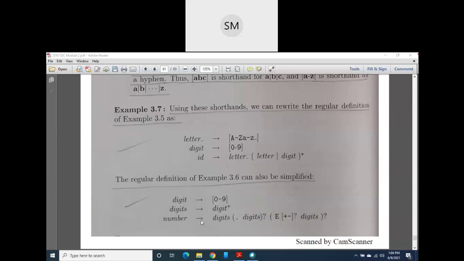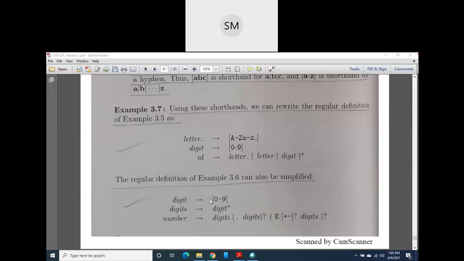Number is digit. And this digits also you can observe here how I changed it. Earlier I had written digit followed by 0 or more digits, that is digit followed by digit star. Now I just simply reduced it to digit plus. What does it mean? It means that at least one digit should be present there, right? For that, one or more, I can use the plus symbol. So at least one digit will be there. More than one digit also may be present there.